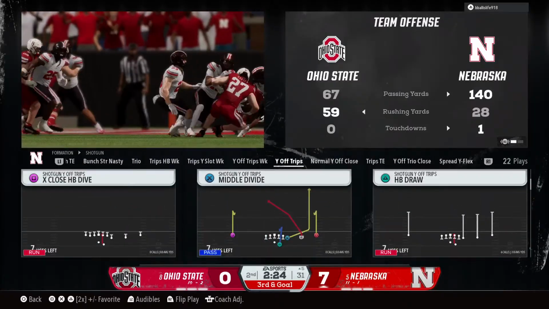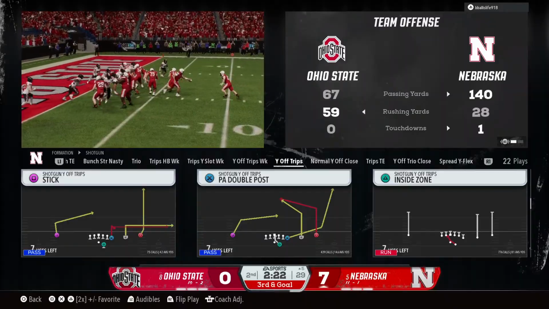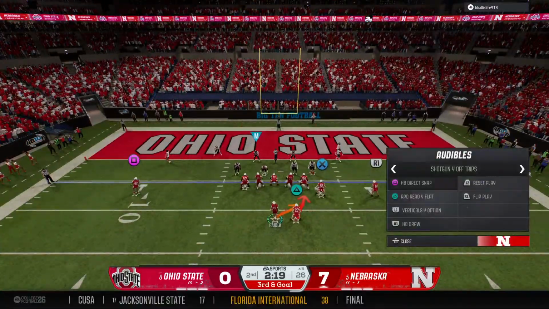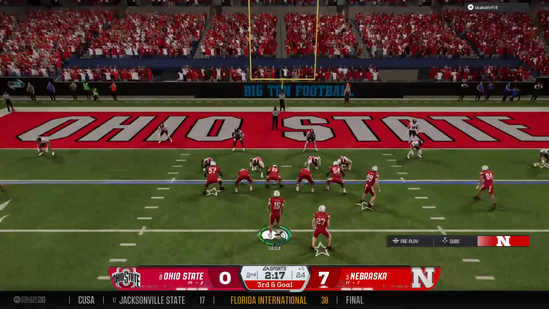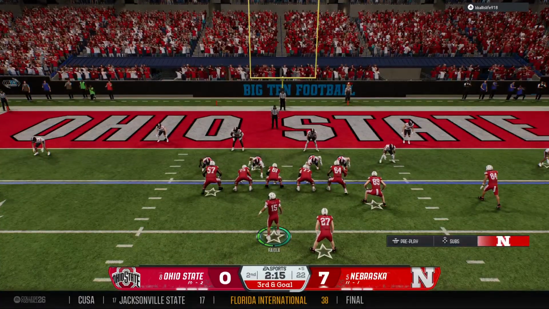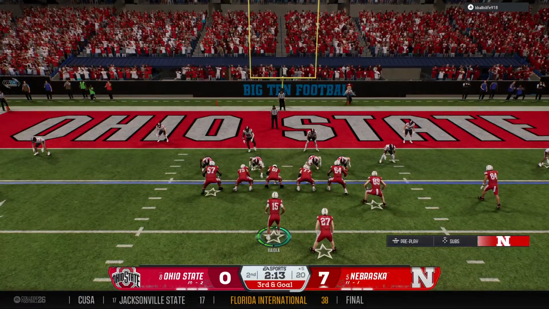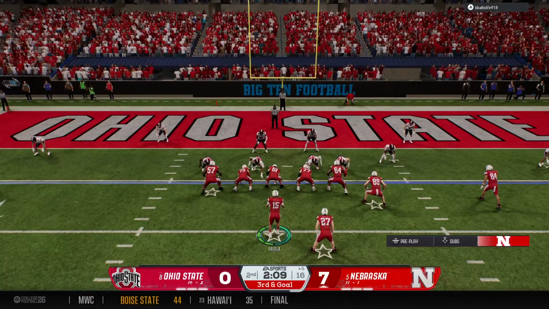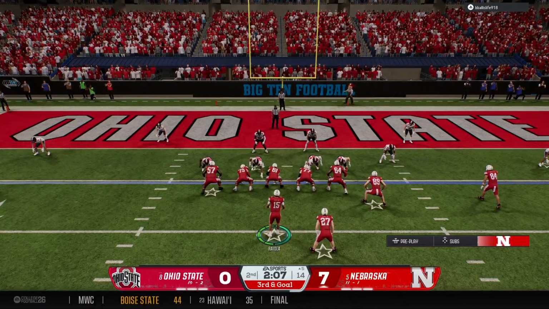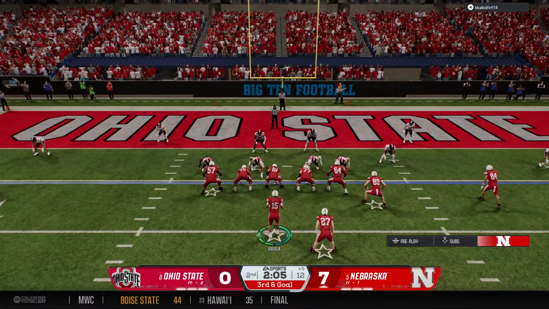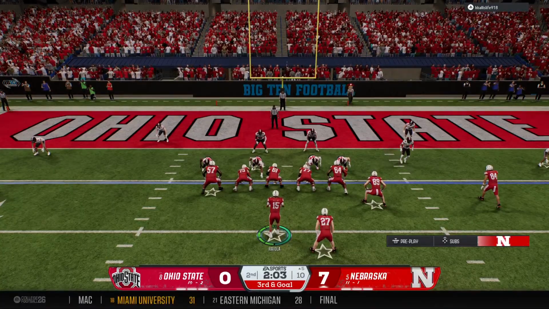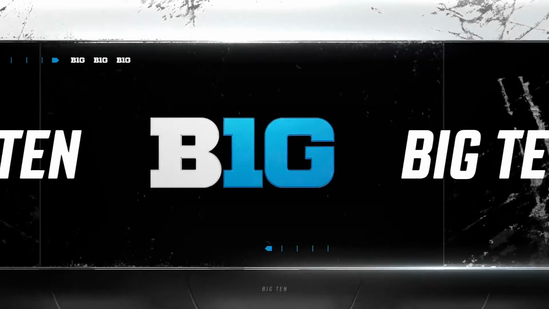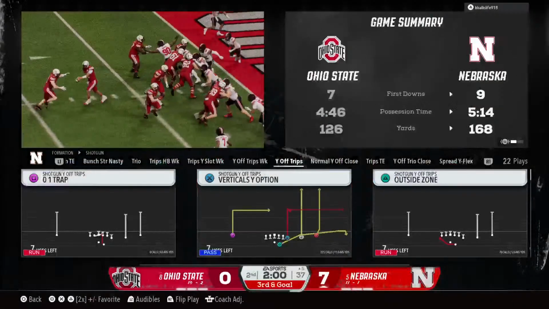You got a real shot to come up with a stop here, whether they run it or throw it. You get a stop here, maybe you hold them to 3 points. After this long drive, you'd hate to settle for a field goal. Can they find the end zone? It's the 2-minute timeout. Nice to have a close game here as we approach the half.